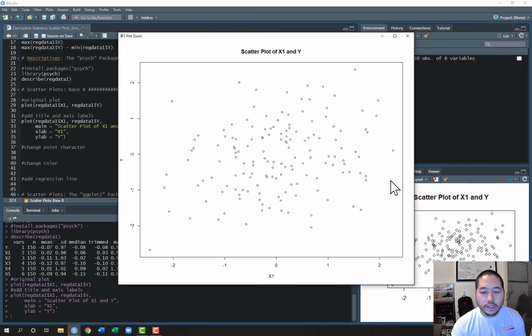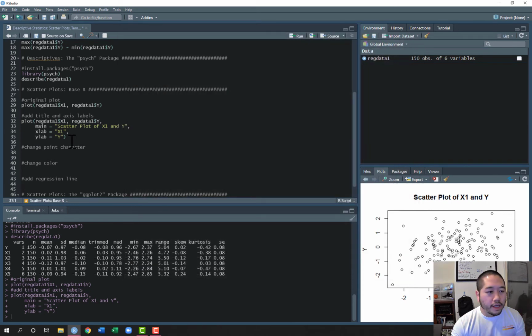you can see our scatter plot here has changed a little bit. We now have a title at the top, scatter plot of x1 and y, and then we have y here, x1 here for the x and y labels. Okay. Again, I'm just kind of building here and layering on each scatter plot. So I'm just going to copy and paste here, and then now I'll show you how to change the point